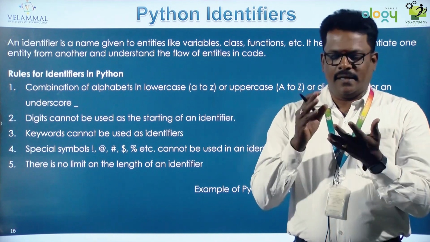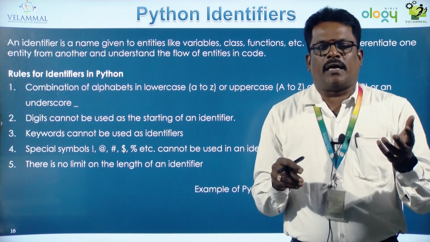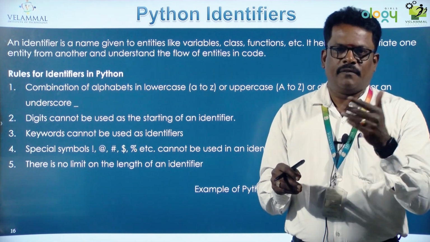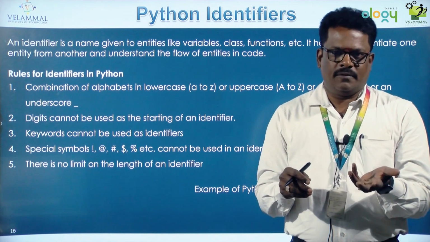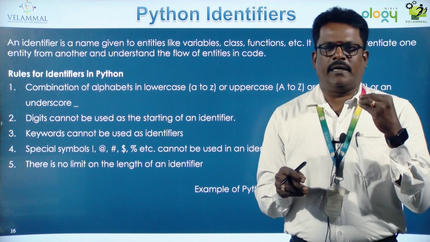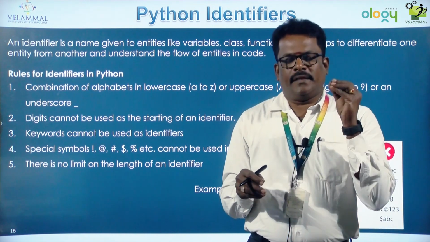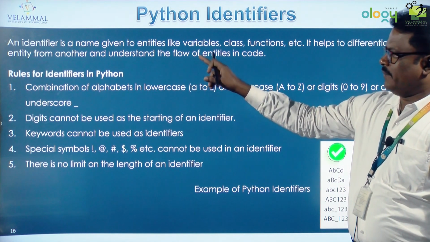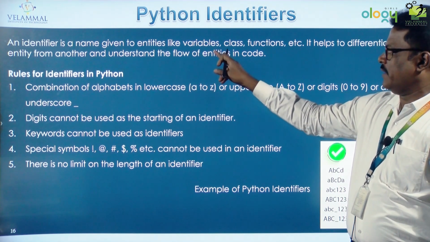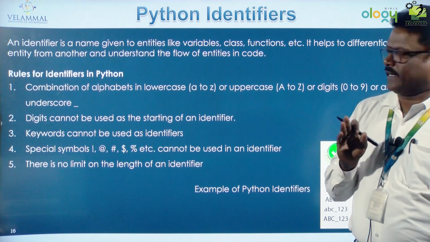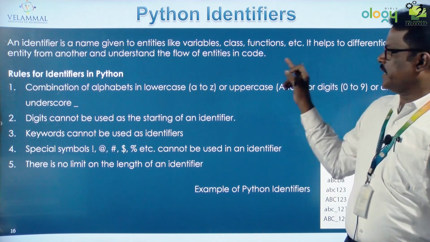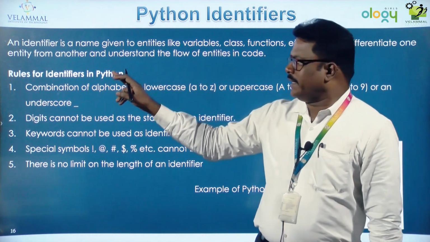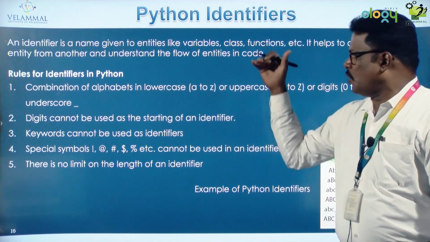That identifier is going to identify which are all the variables we have declared, which are all the classes we have declared, which are all the function names we have declared. The user defined name will be the identifier. An identifier is a name given to entities like variable, class, functions, etc. It helps to differentiate one entity from another and understand the flow of entities in the